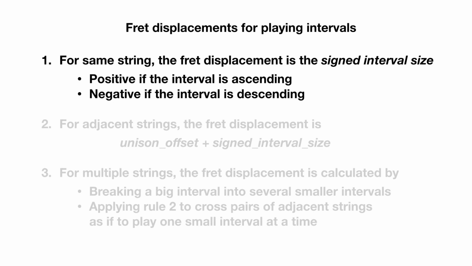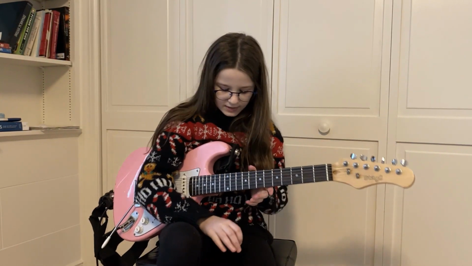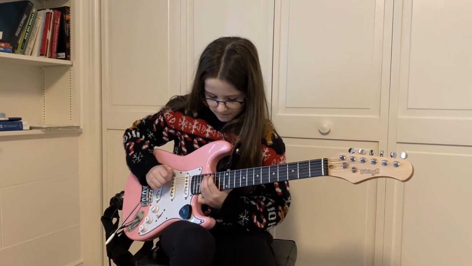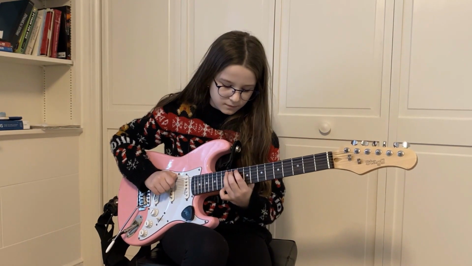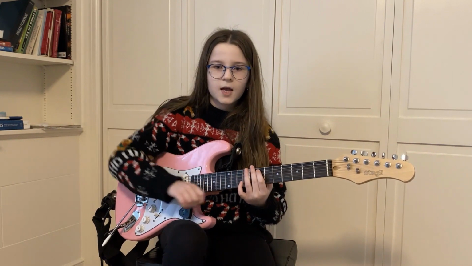Given enough string, we could play any interval by using Rule 1 on the slide. For intervals larger than 3 semitones, it is difficult to do so. We have to shift our hands, and we may even get lost while trying to do it. For example, a perfect fourth is an interval spanning 5 semitones. On a single string, you would be playing it like this: ascending and descending. It's correct, but prone to errors.